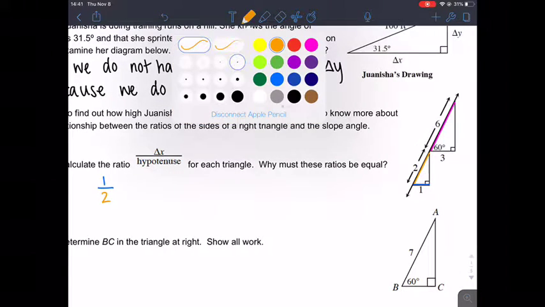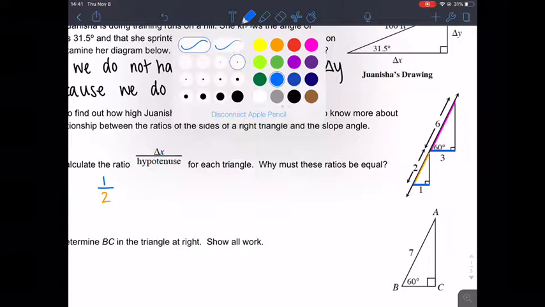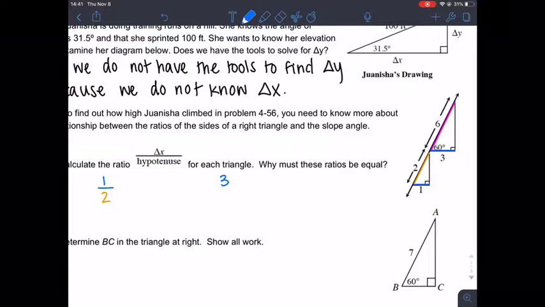There's nothing I can simplify there, so that's it. Our run for the big one is 3, so we're going to have 3 over 6, which is our hypotenuse. This one I can simplify, and I can divide both of these by 3, and I will get 1 over 2. So as you can see, both of these ratios are equal, and these must be equal because these two